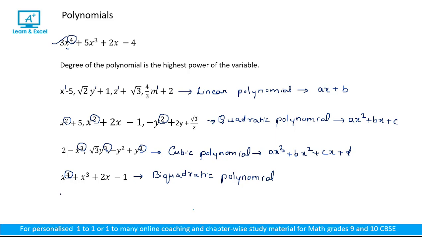If we have a polynomial like 5 or minus 1 or maybe 10, then this is called a constant polynomial because the polynomial has only one term, which is a constant. Do you know what the degree of a constant polynomial is? Suppose we take the constant polynomial as 5, then 5 can be written as 5x raised to 0. We know any variable or number raised to 0 is 1. So this is actually 5 into 1. So we have not made any change to our constant polynomial. Here we can see that the degree is 0. So for a constant polynomial, the degree is always equal to 0.